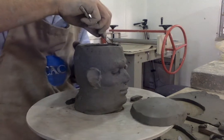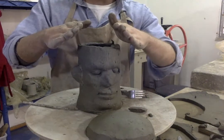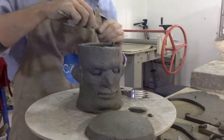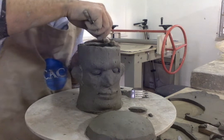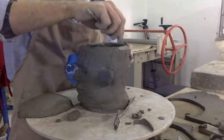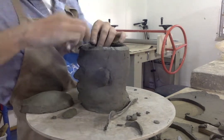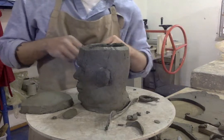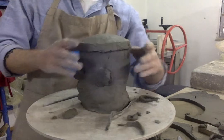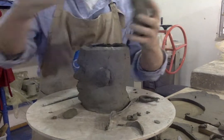So I'm making this angle because it's curved and I need two kind of bevels. If I just keep it flat, it's not going to hit on everything that I want it to. So if I just kind of give it that bevel right now, it will allow it to shape better and make a better connection when I add this clay on top. Now I can't see the connection, how good it is. So what I'm going to do now